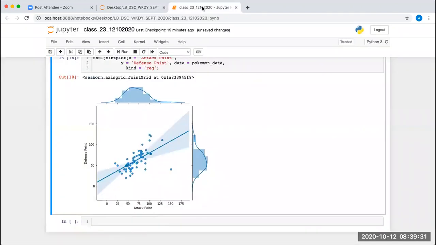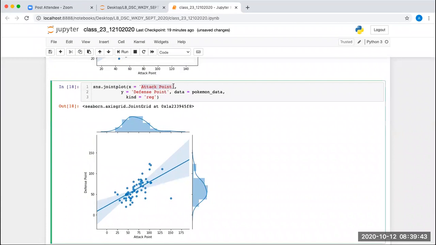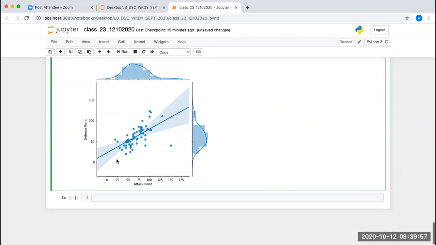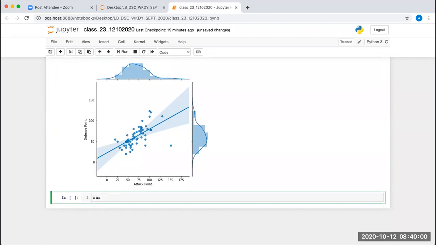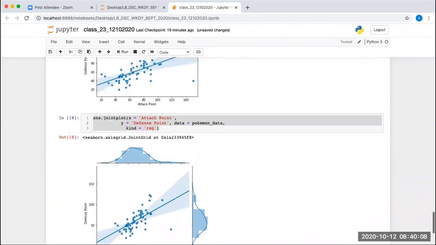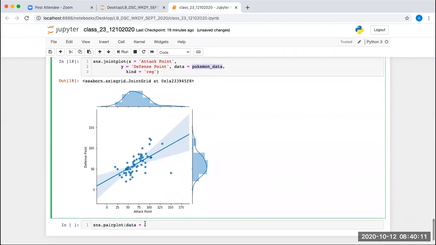Fine. Now next we have the pair plot in this linear analysis. So you can plot multiple values. For example, here I'm plotting one value along the x-axis, which is attack point. Let's say if I want to take multiple values on the x-axis, and I want a different plot for each value, and along the y-axis I'll be taking only one value, let's say the total point. So for that we have the pair plot. What we can do here, we can write SNS dot pair plot, and in this we will be mentioning the data is equal to Pokemon data.